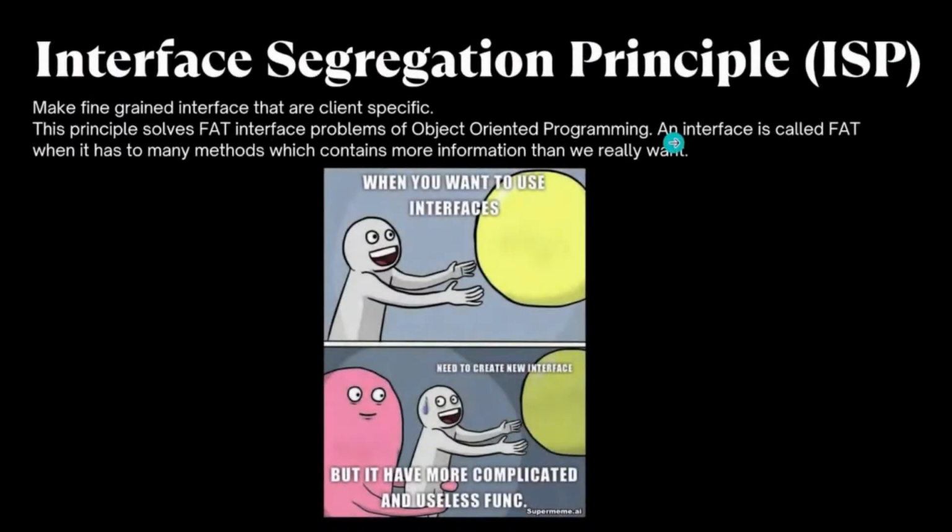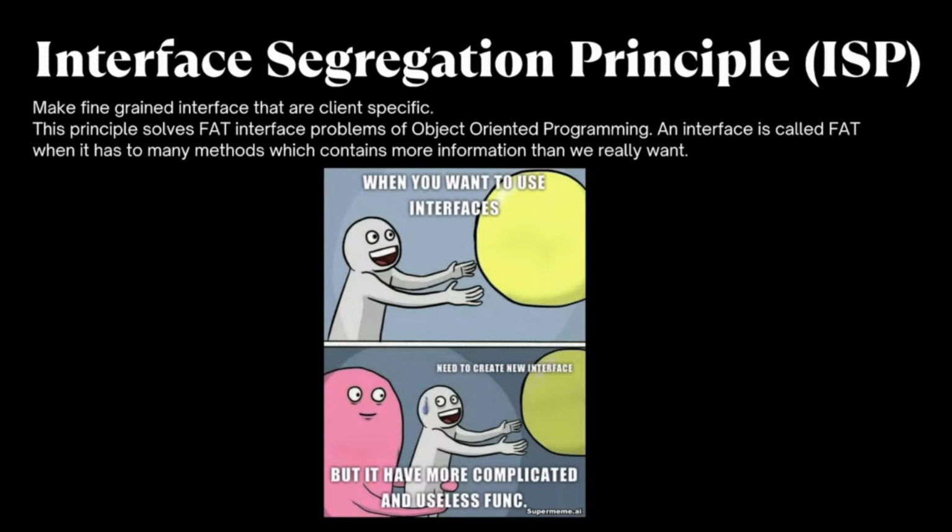where clients should not be compelled to rely on interfaces that they do not utilize. In Swift, the principle encourages the creation of cohesive protocols that define specific requirements for a particular context, rather than having a large and general purpose protocol. By adhering to the interface segregation principle, you can avoid unnecessary dependency and ensure the client only relies on the